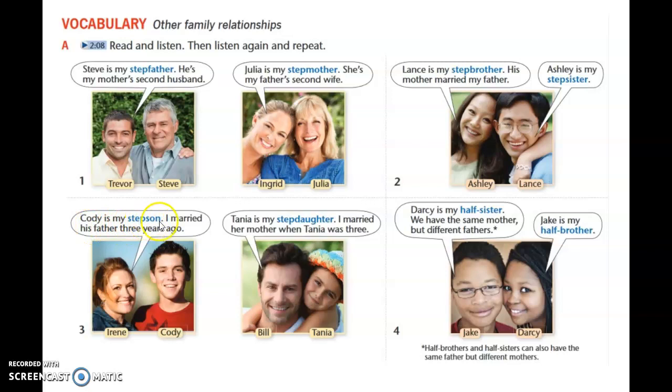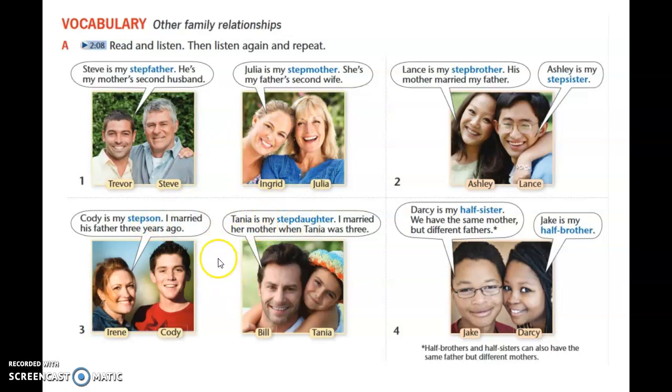Cody is my stepson. I married his father 3 years ago. Stepson, meaning hijastro. Tanya is my stepdaughter. I married her mother when Tanya was 3. Stepdaughter, meaning hijastra. In the case of these terms, a stepfather, stepmother, stepbrother, stepsister, a stepson, and a stepdaughter, there